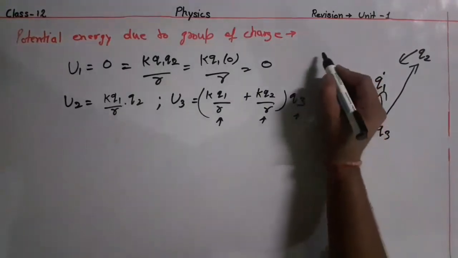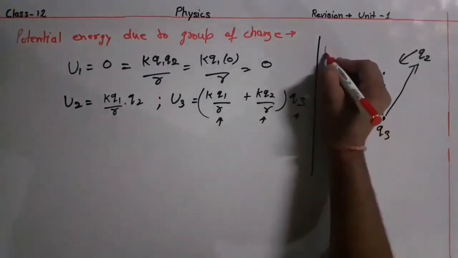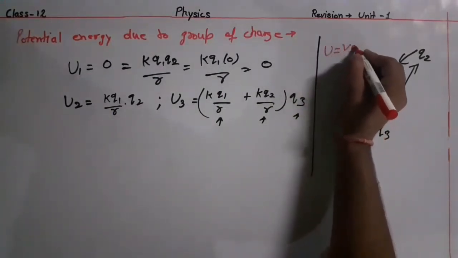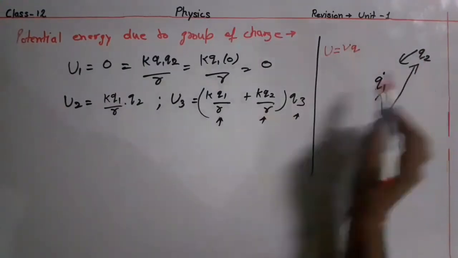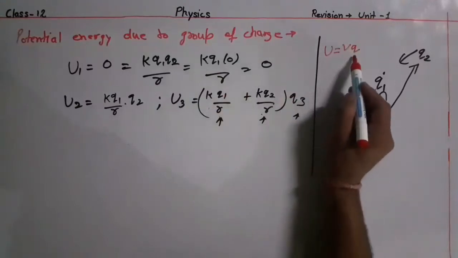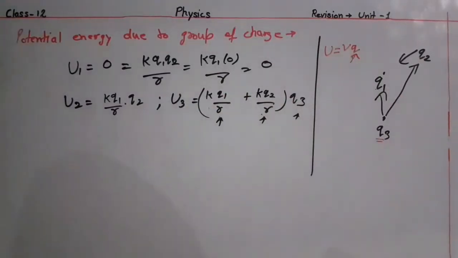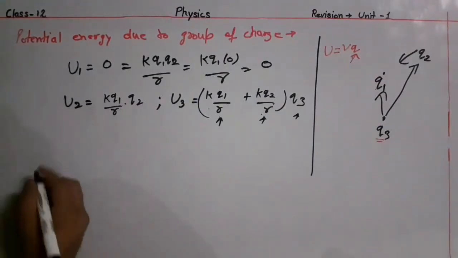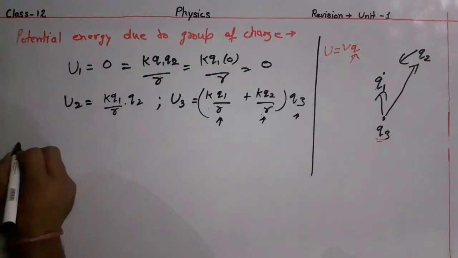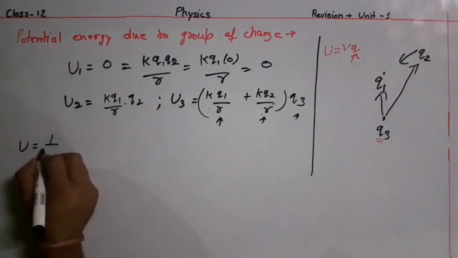Why? Because U is equal to V into Q. So we will write the potential of the first here, the potential of the second here, and the whole multiplied by the charge Q, which is our Q3. Okay. Now let's rewrite it in summation form. If we rewrite it in summation form, we will get U is equal to 1 by 4 epsilon naught or